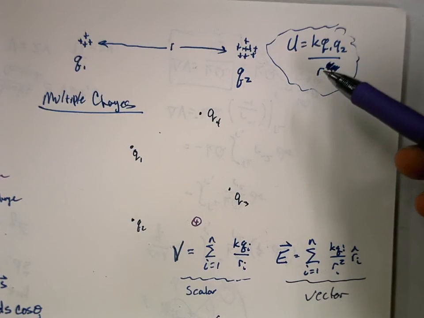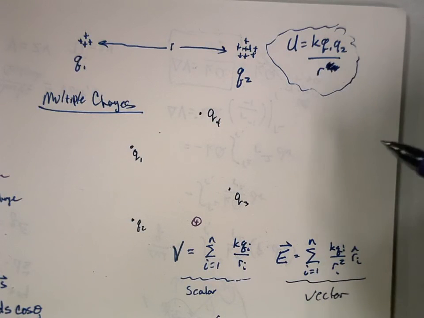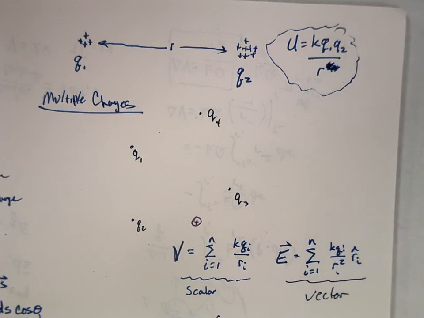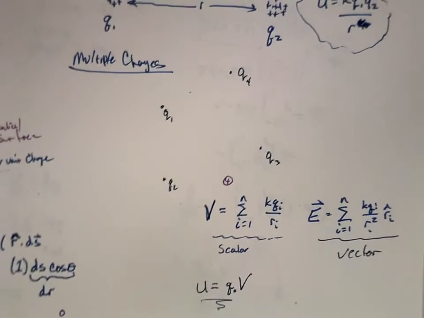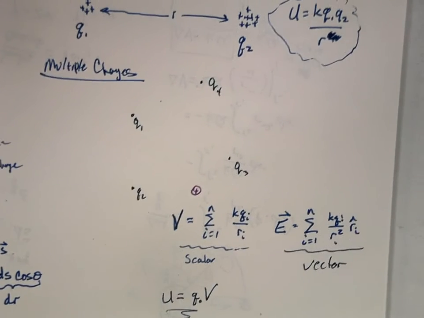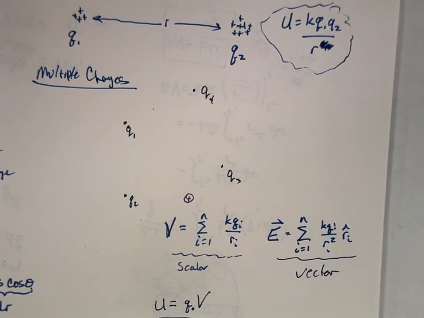Right. So why are all the electric units per coulomb? Why is everything per coulomb? Because it's like joules per coulomb. Think of them as